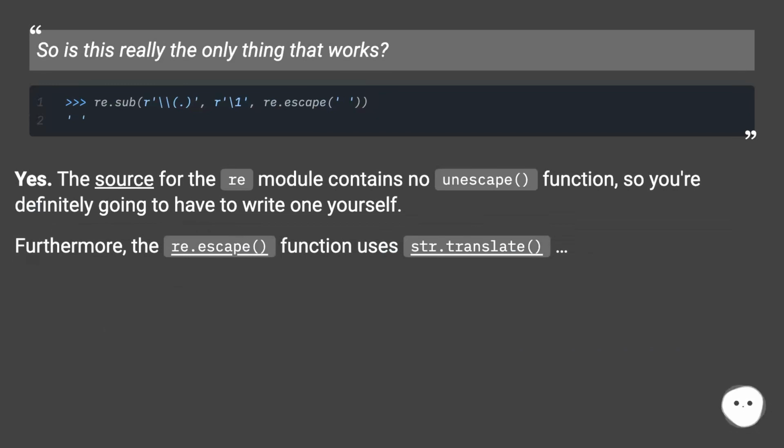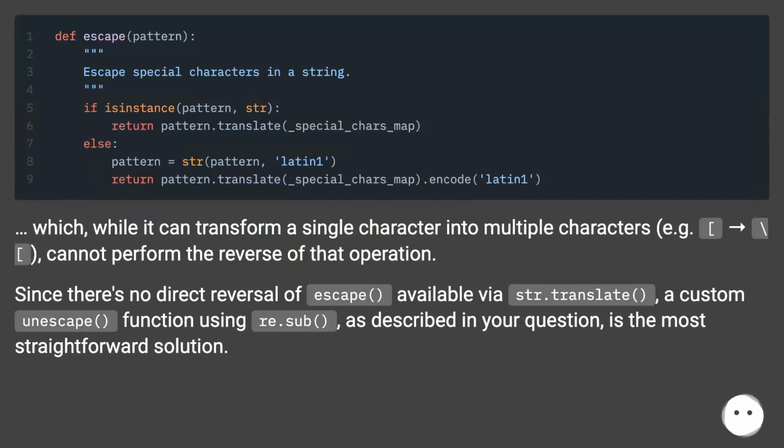Yes. The source for the re module contains no unescape function, so you're definitely going to have to write one yourself. Furthermore, the re.escape function uses str.translate, which, while it can transform a single character into multiple characters, for example, a backslash, cannot perform the reverse of that